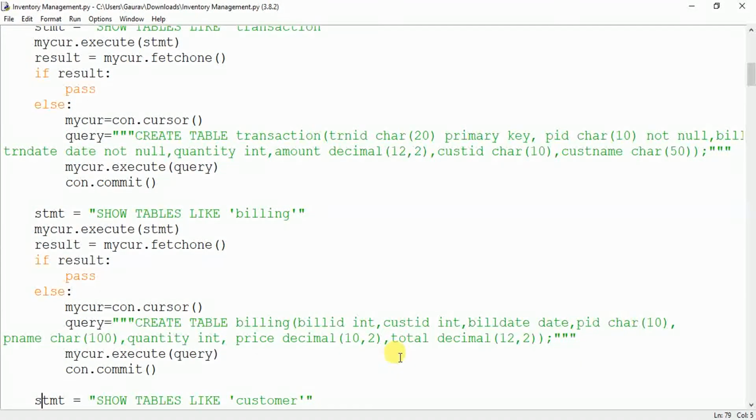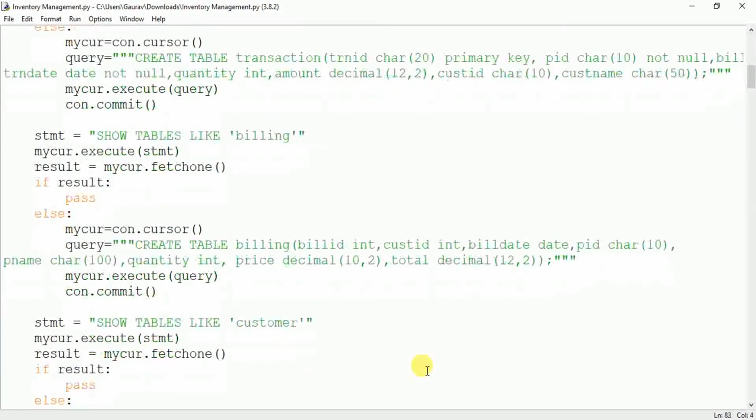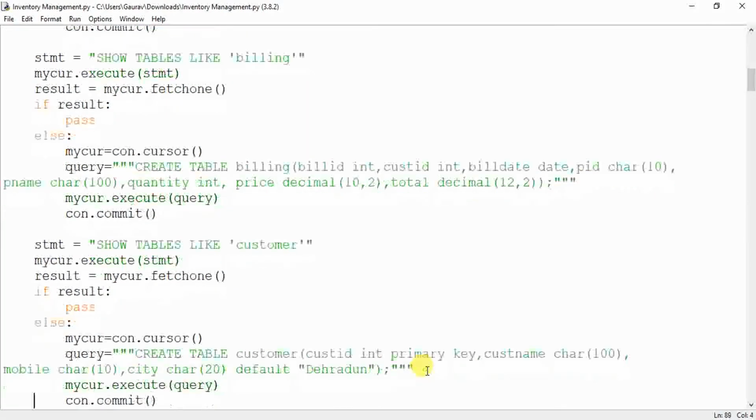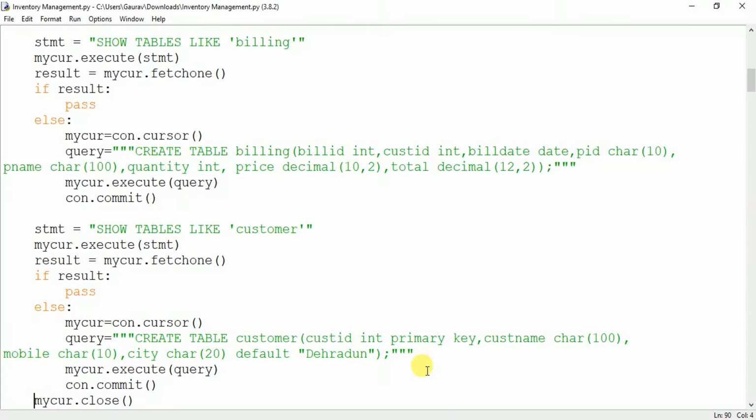Okay. Next we have a table for getting the details of the customers that are visiting our mall. So this is the customer table. Same thing, if it is existing it will not be created, otherwise you will create it. It will have a customer ID. If the customer is visiting for the first time, it will ask for the customer name, his mobile number, city, and you can give a default city.